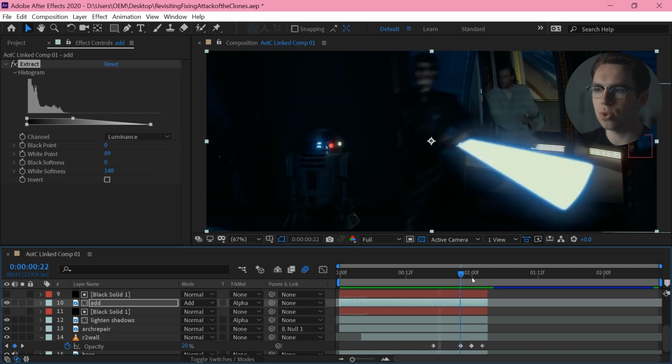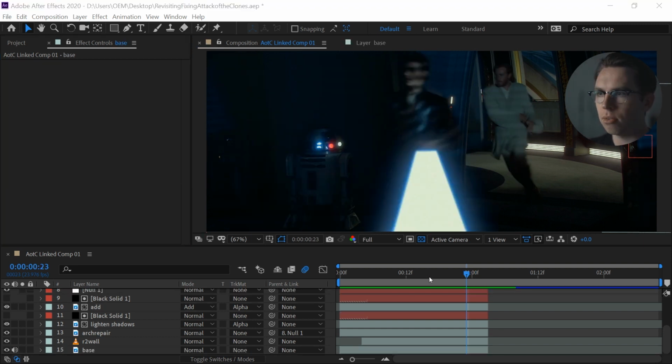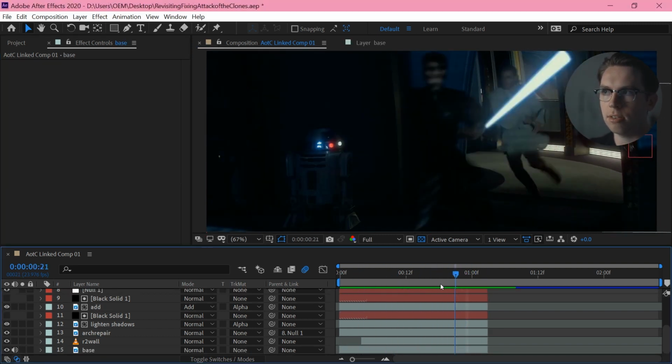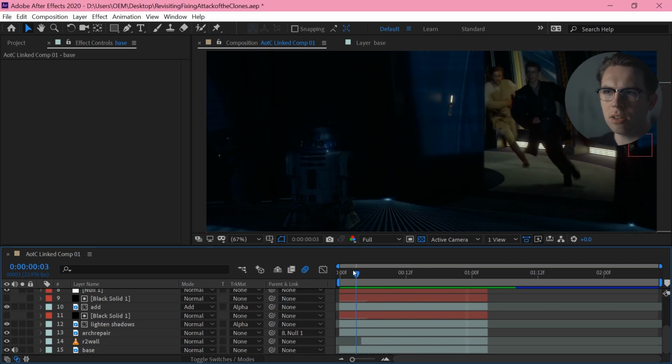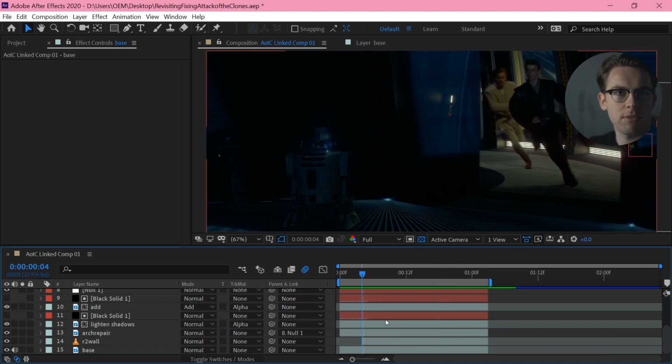And again, I am just doing a little bit of an extraction, but not as extreme of an extraction. In this case, I still actually do want to affect those brighter areas. I just don't want to completely overexpose the highlights. Now, this shot has just a tiny bit of movement. You can see it's slightly shifting down. Looks like it maybe is a 2D move that they added in post to give the shot some life.